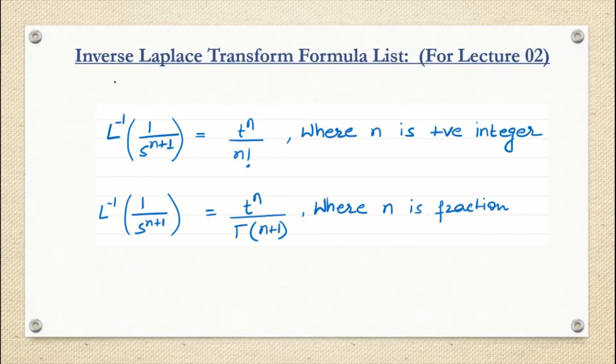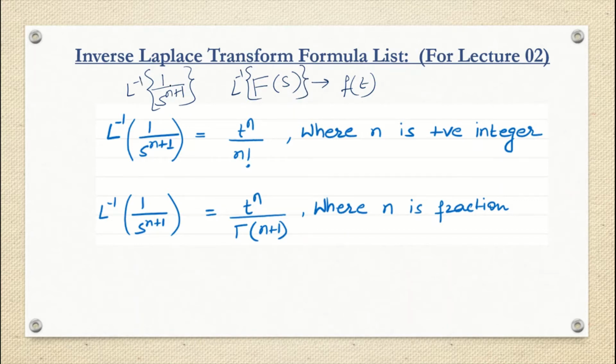In today's class we are going to see the inverse Laplace transform of the form 1 by s to the power n plus 1. Last class we had seen the reason for performing inverse Laplace transform, correct? When we want to transform a frequency domain function back into a time domain function, we need the Laplace inverse transformation. So today we are taking the function F(s) as 1 by s to the power n plus 1.